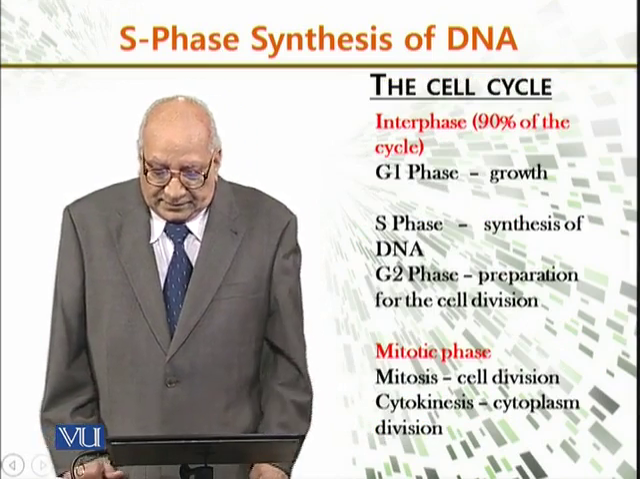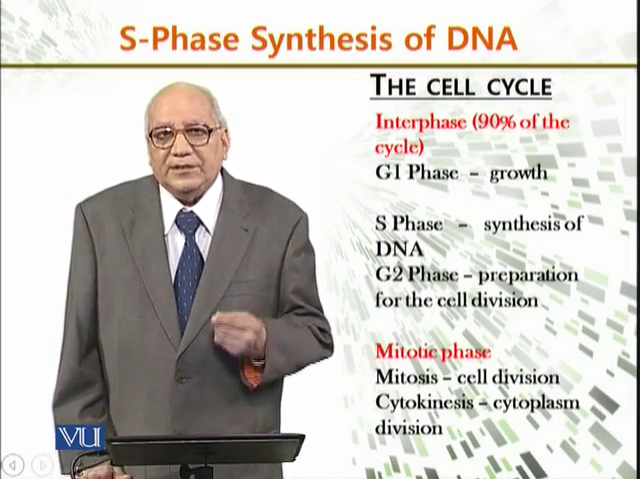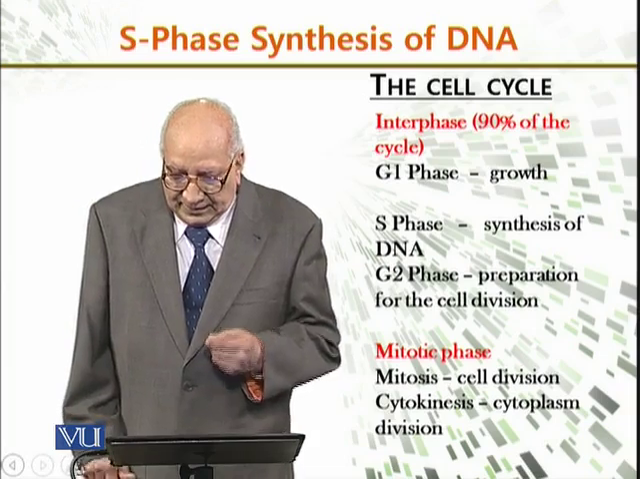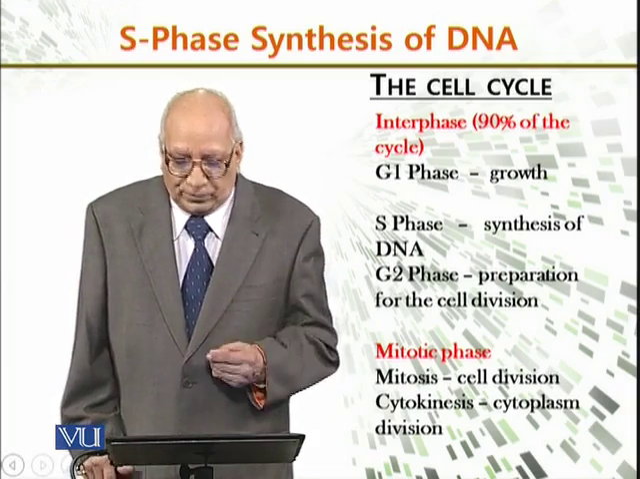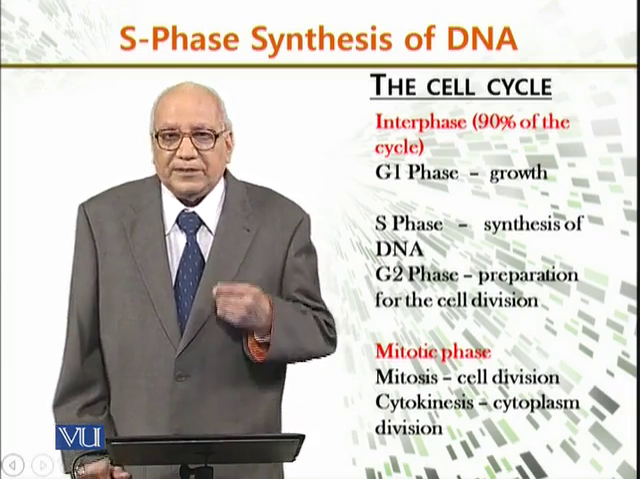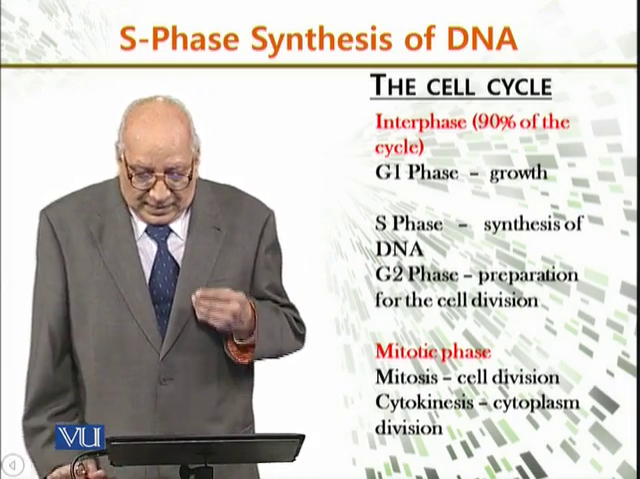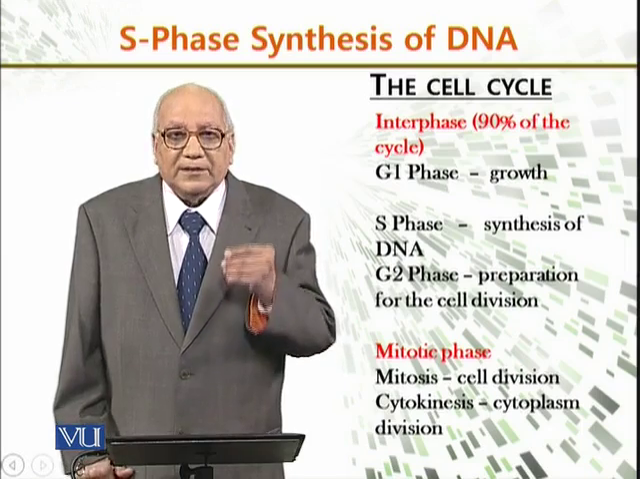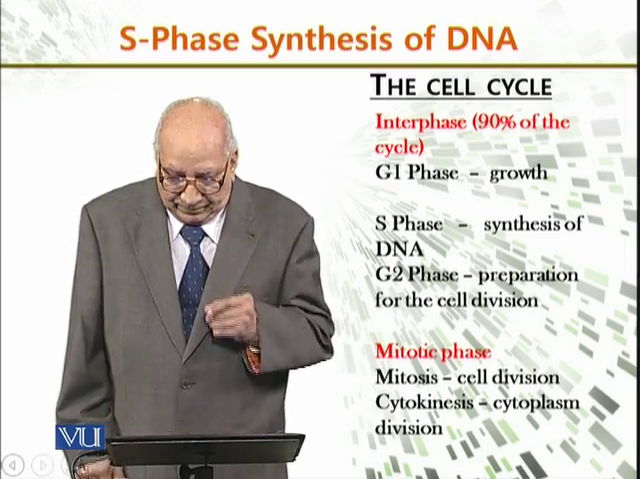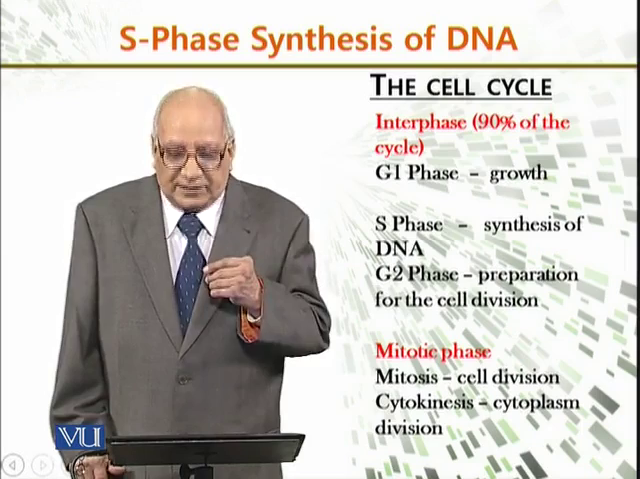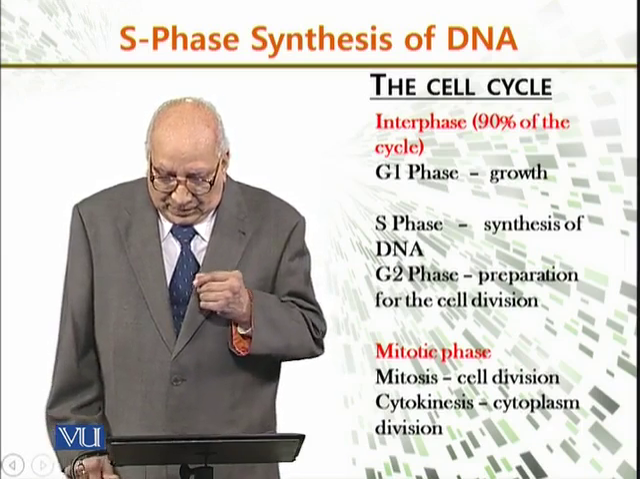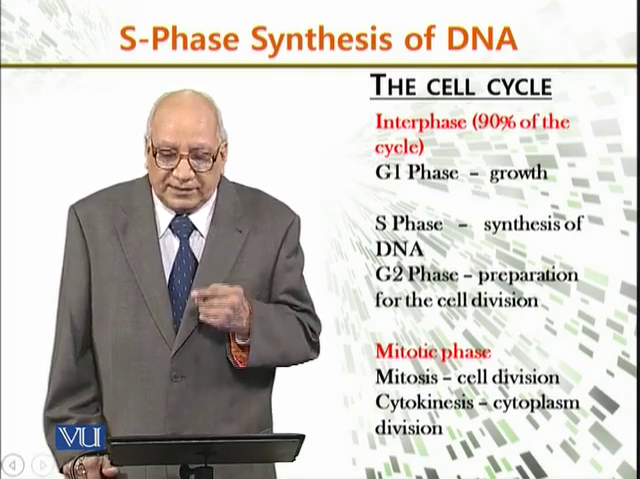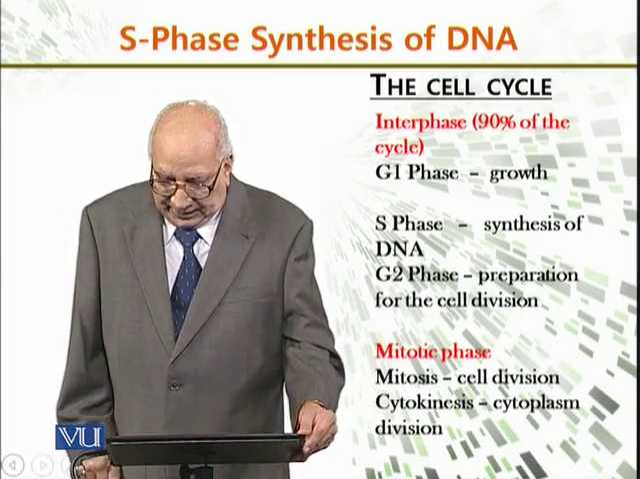The cell cycle: the interphase, which is the first phase, comprises about 90% of the cycle, and includes the G1 phase, which is a growth phase, then the S phase, which is the synthesis of DNA phase, and the G2 phase, which is the preparation for cell division. Then starts the mitosis or mitotic phase, in which the cell divides, and then cytokinesis,